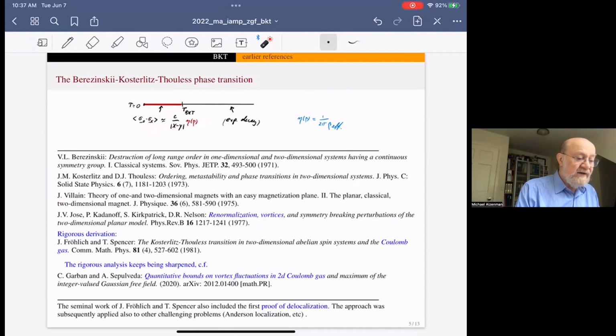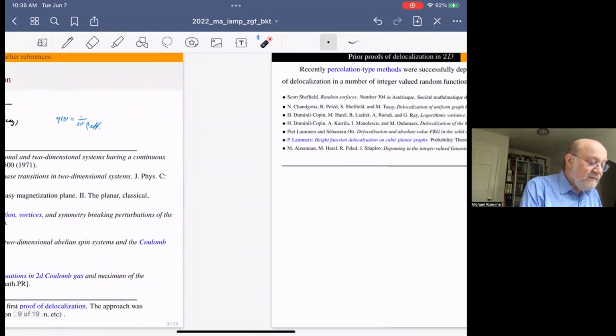Essentially, if you have logarithmic interaction, the competition between energy and entropy starts to be explicitly temperature dependent. So the rigorous analysis which was introduced here